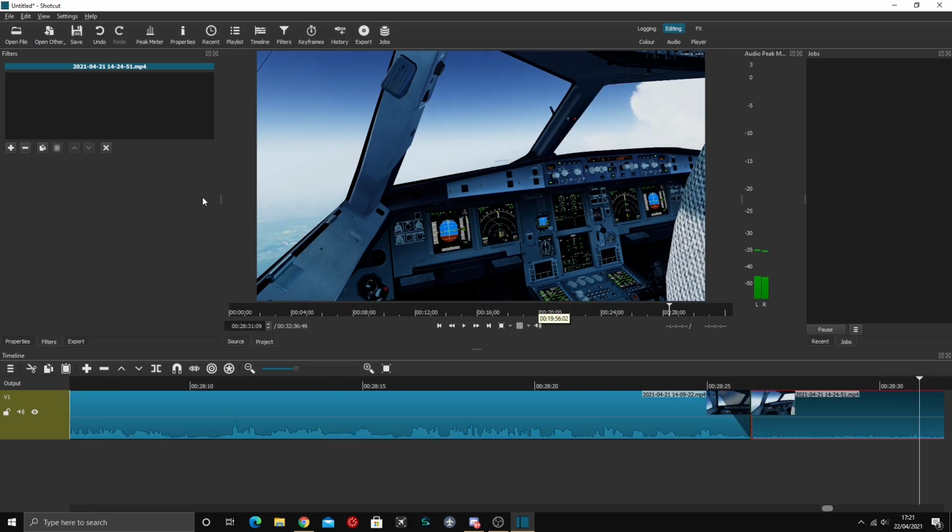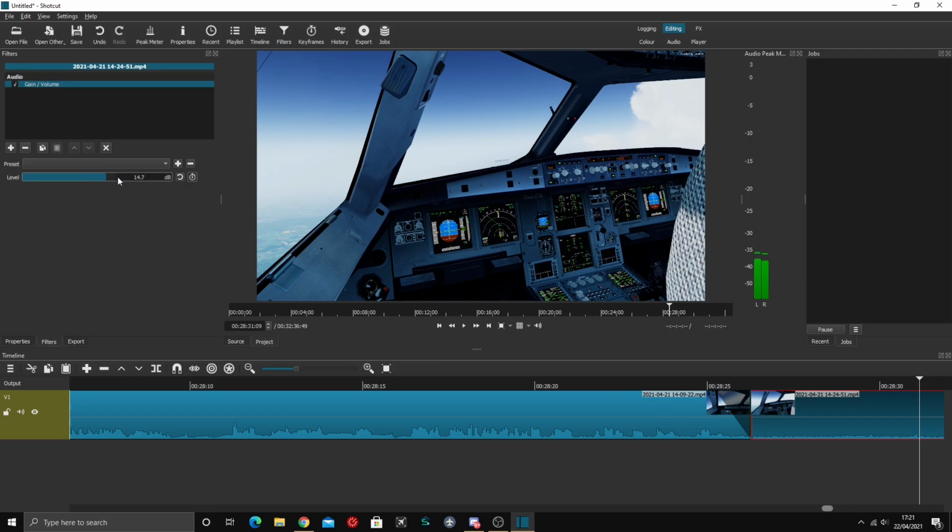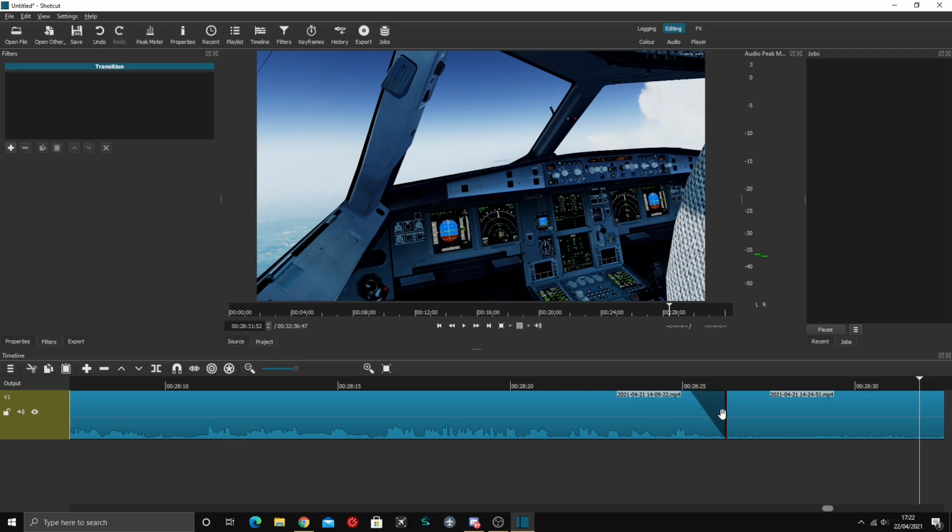And what I do, so there's no background noise, is go into the filters option and there's a gain volume button, and that basically makes the audio louder, or if you do it all the way down there's no audio at all. To speed up my clips as well, if you go to the properties section, so I just click